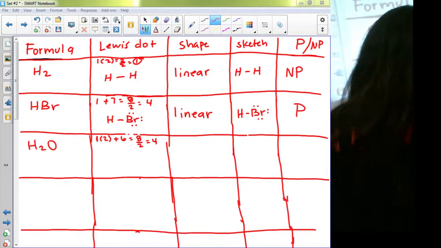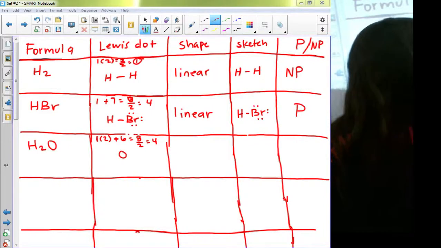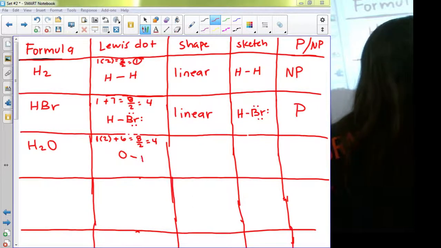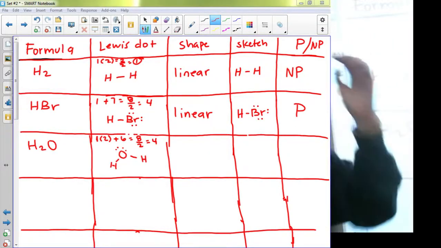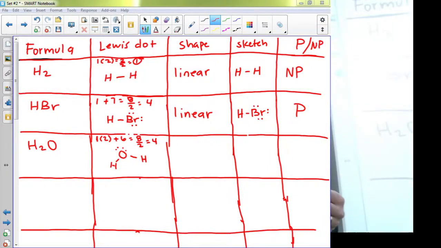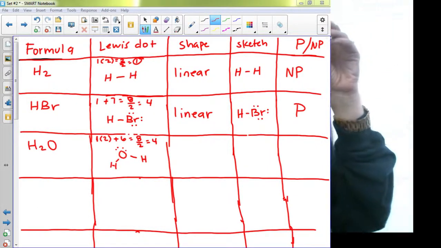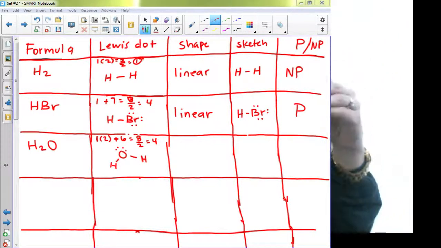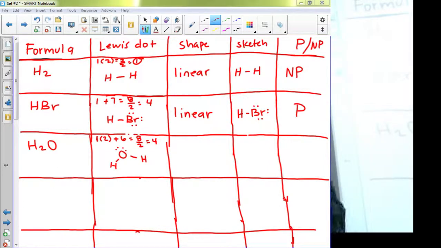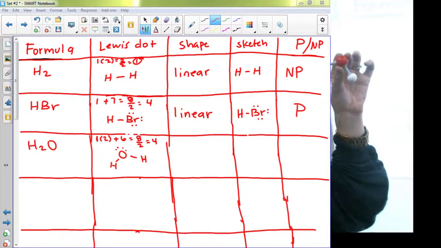Right, it's 4. So, oxygen's going to go in the middle. And we already know, because we've drawn this 1,000 times in our lives, that those lone pairs cause those hydrogens to do what? Bend down. But we're going to do it anyway so you can see it. So, oxygen's the red one. We're going to show 2 bonds because oxygen can only make 2 bonds. And when you put your hydrogen on there,